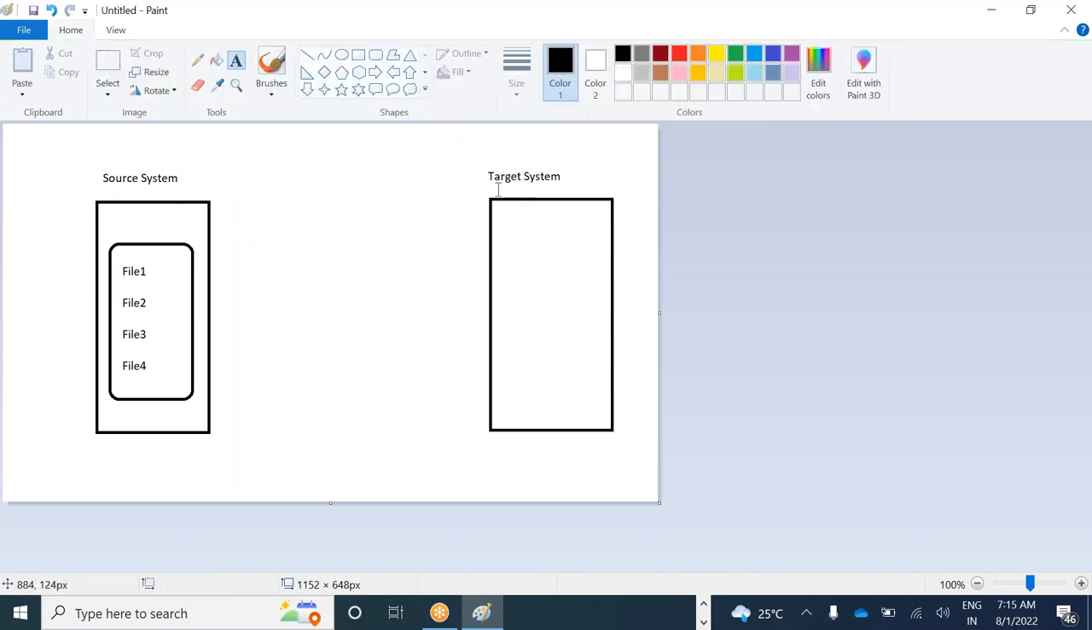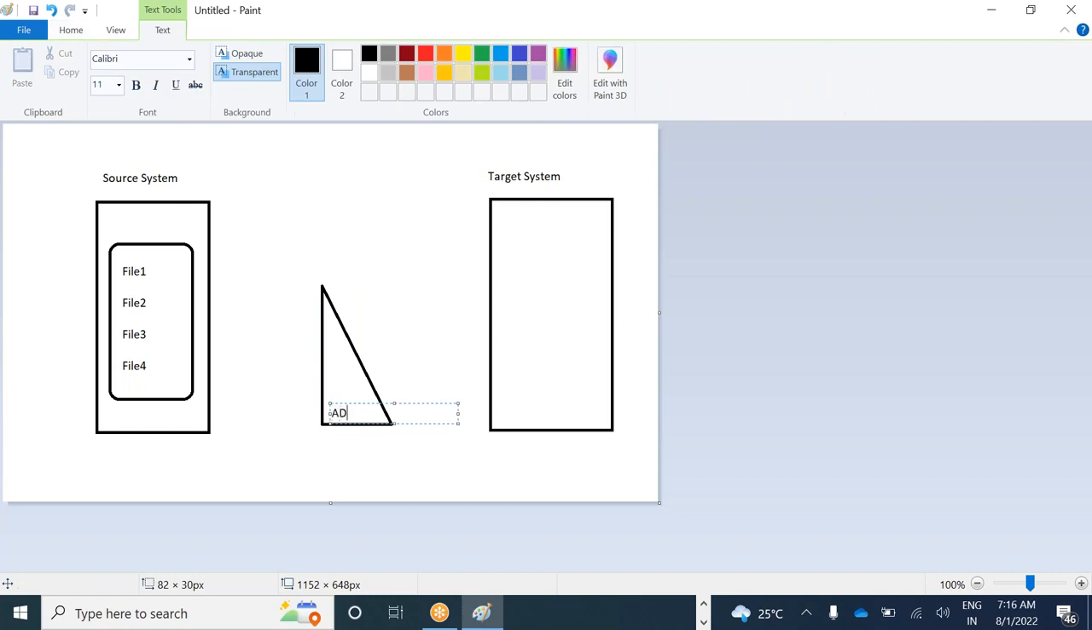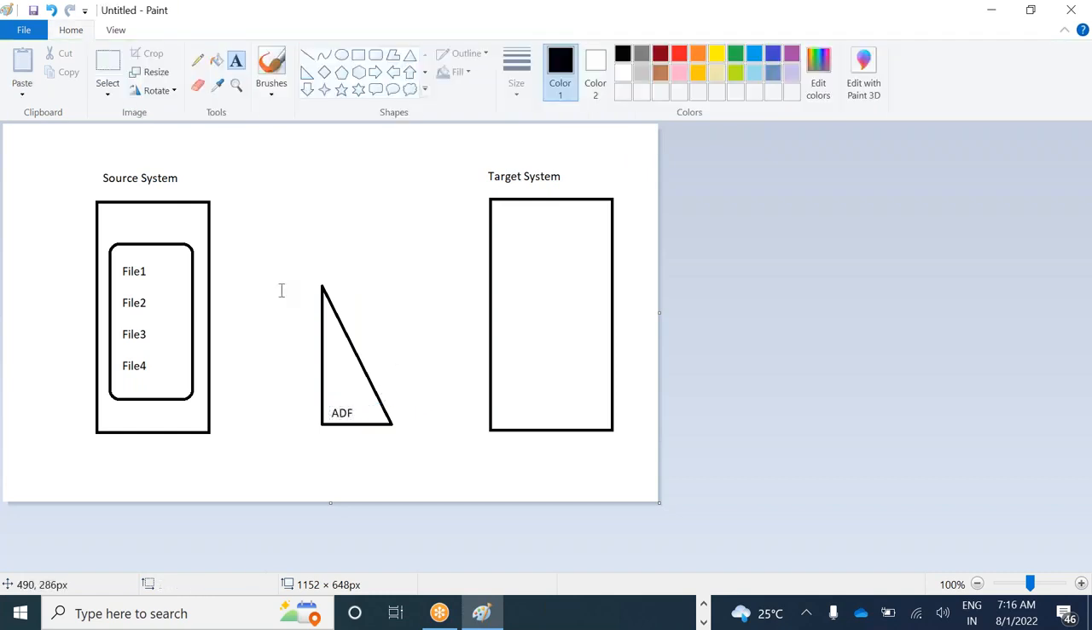So I have this source system and the target system. I want to move file 1, file 2, file 3, and file 4. So what is the first step you need to do? As per yesterday's session, let's take an Azure Data Factory. This is ADF, and your first step always needs to be creating a linked service. So first step is always linked service, and the second step always needs to create a dataset,